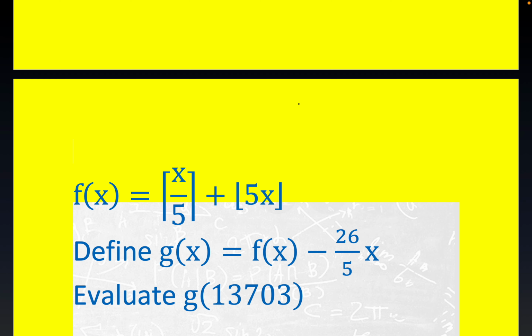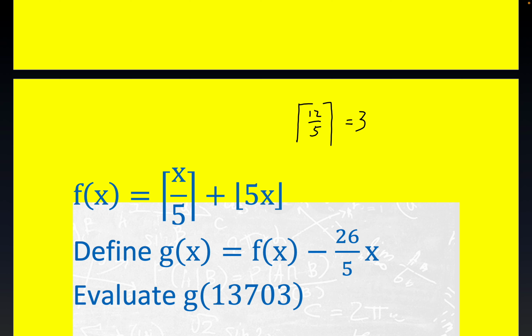Good evening, everybody. We have a function that depends on the ceiling function and the floor function. So let's just do a quick review of the ceiling function, which is not seen quite that frequently. Is the floor function the ceiling of 12/5? 12/5 is a number between 2 and 3, right? So its ceiling is just intuitively 3, and the ceiling function is the least integer that returns a number greater